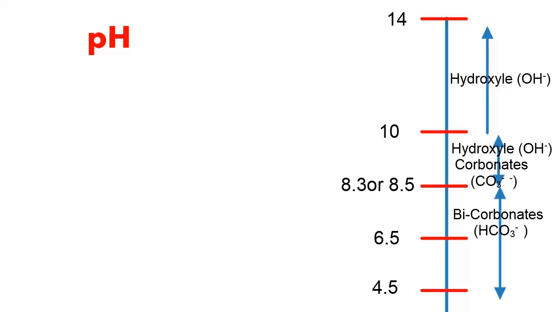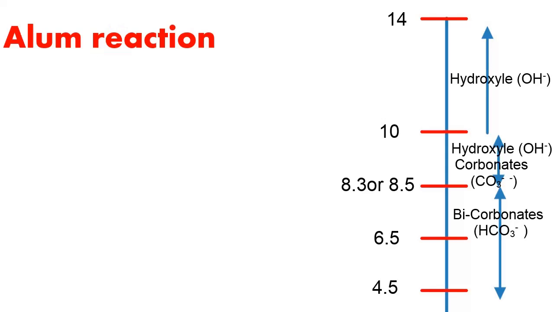Bicarbonates only. Bicarbonates, their H is there, no? It means it is coming towards the acid side. Therefore that H will come and add to that carbonate, and therefore that alkalinity is due to bicarbonate. Understood? Now, for this alum reaction to happen inside the water, the pH of the water should be 8.5